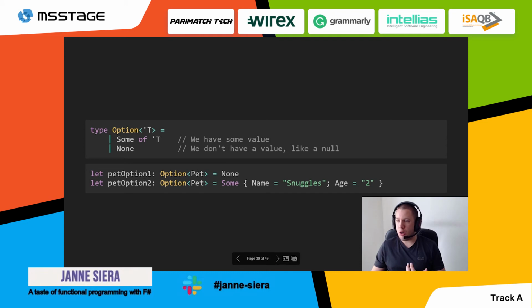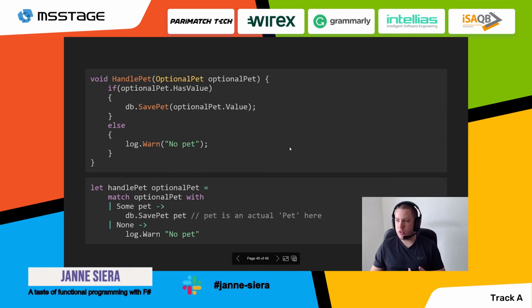So the None case here is the same as a null. And you can create optional pets here by saying, well, I'll say this optional pet is None, which is the same as saying null. Or there is some pet, and then you have to construct it with an actual pet. We can pattern match on it. So if you had some kind of optional pet in C#, the pattern kind of looks like this. You might have noticed some things in C# APIs returning a HasValue property, and you can check on that. So if you check on HasValue and it's true, then you can access it by Value. And in the other case, there's nothing. Something like that exists in F# with this Option discriminated union, where you can pattern match and say, well, if there's Some pet, I can do something